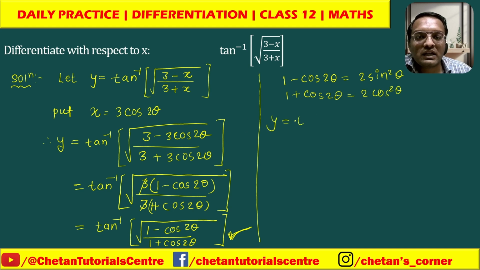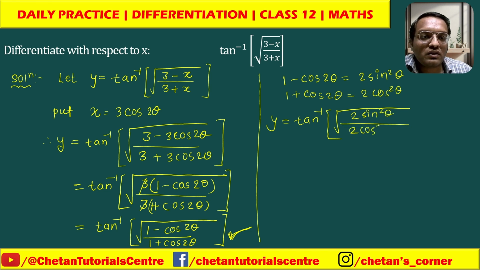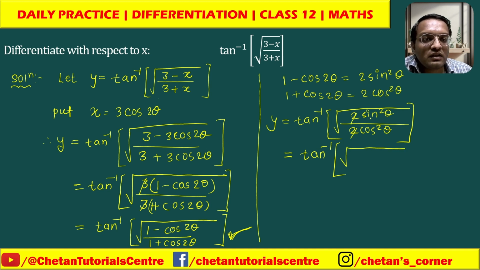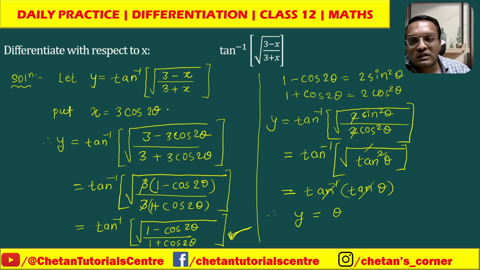Now when I use this formula, then what I will get? Tan inverse of under root 2 sine square theta upon 2 cos square theta. Now here you can see that I have converted this. Now next step is tan inverse. This 2 will get cancelled, and then I will be left with under root of sin theta upon cos theta, which will become tan theta, and as this is square, this tan theta will also have a square. Now this square and square root will get cancelled, so what I will be left with? Tan inverse of tan theta. Now this tan inverse and tan will get cancelled, so what I will get? y is equal to theta, and from this